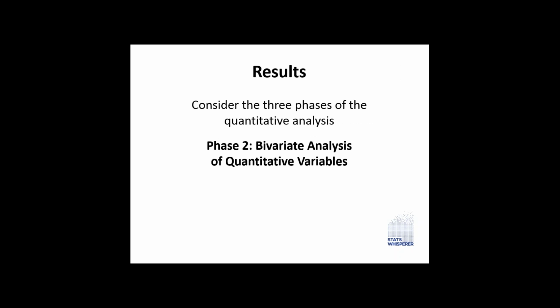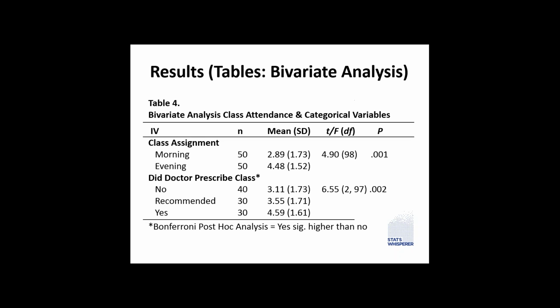Now, going on to phase 2 of quantitative analysis is our bivariate analysis. What's interesting is you'll see in Table 4, we can combine. So we had a bunch of t-tests and a bunch of ANOVAs. You can imagine if you needed a table for each, it would be too long. So you can actually make one table that includes all the t-tests and ANOVAs. For example, Table 4, bivariate analysis of class attendance and the categorical variables. So the first one, class